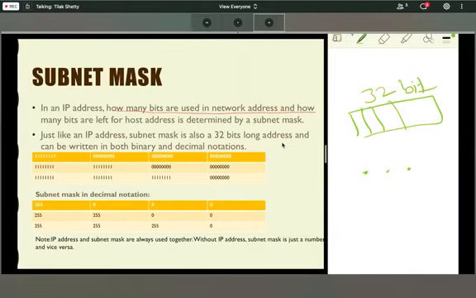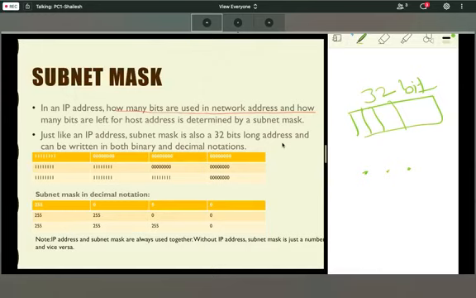See, the simple one line definition: it says how many bits belong to the network part and how many bits belong to the host part. That's it. Only a single sentence answer.